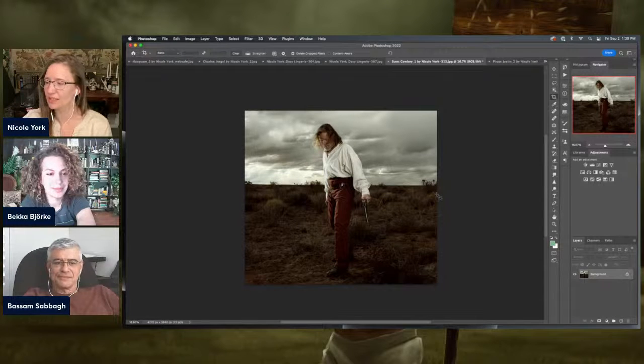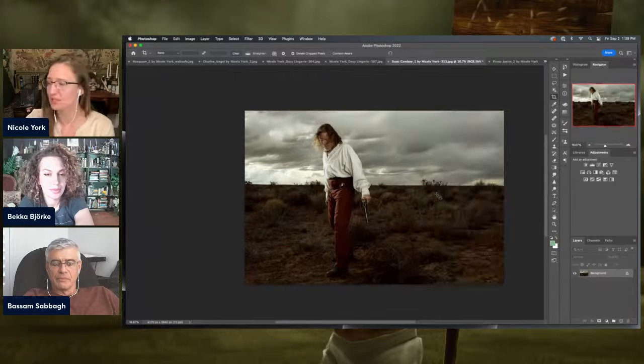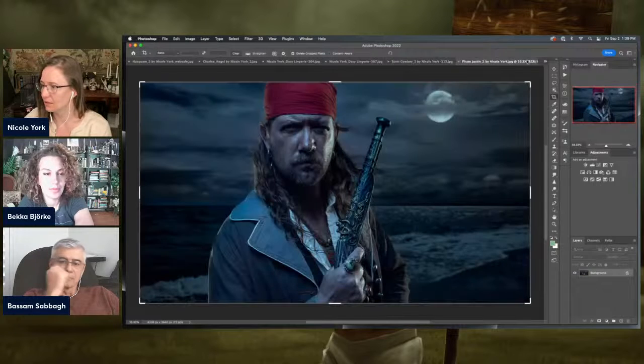It's always going to be nice because of all the other elements that make it nice: the interesting subject matter and the color and the lighting and all of that stuff, the expression, the body language, all those things we always talk about, but it's missing the rest of the story. I 100% agree. What were you thinking, Bassam?